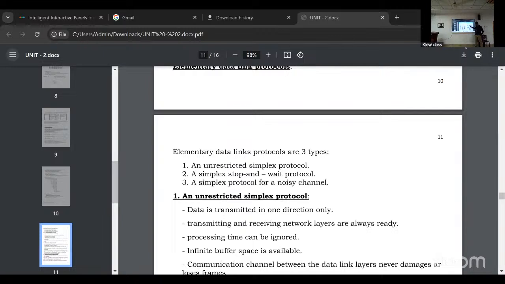Sometimes collision will happen. Okay. So note on this. Pure Aloha and slotted Aloha, this indicates time. Okay. See. Note on this.